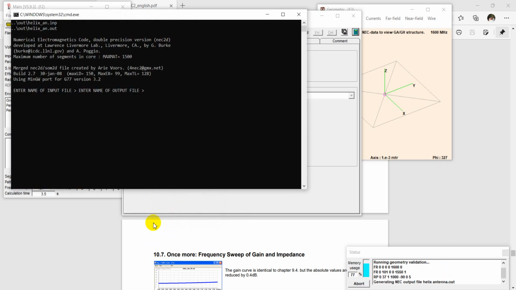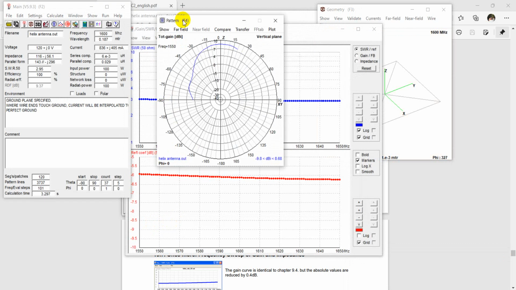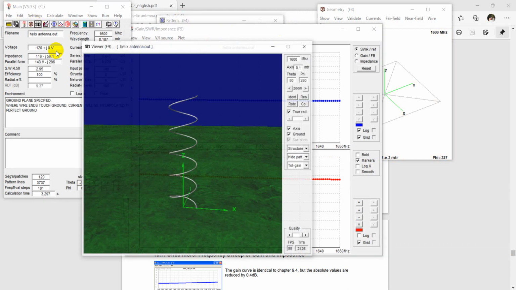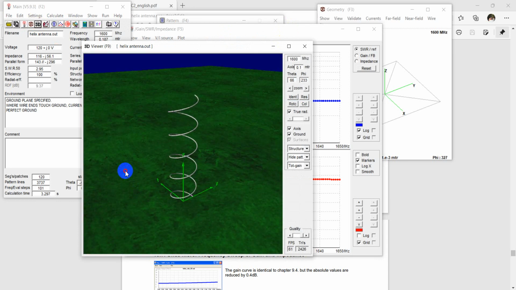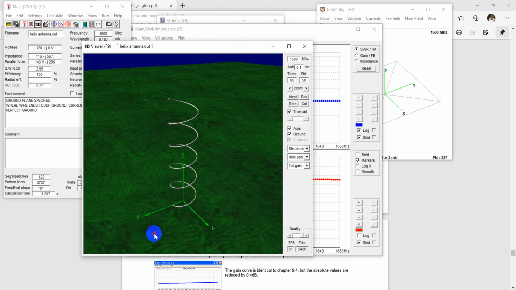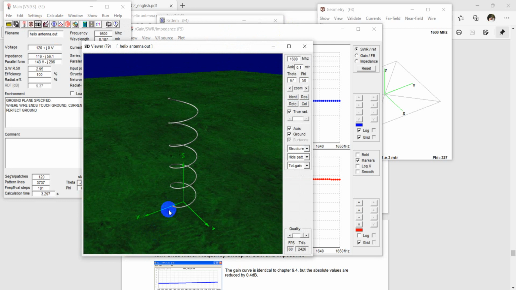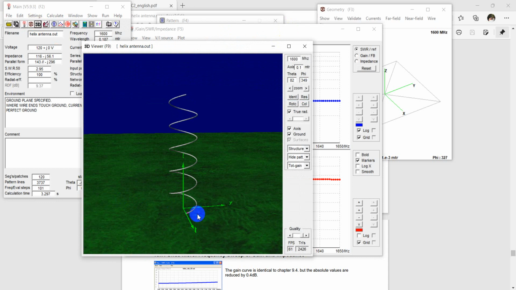So putting in this value, you can generate this pattern, and here you can see the radiation pattern and the 3D view of this antenna. In the 3D view, you can see there is a voltage source which feeds in the center, at the ground point, which is the symbol of the antenna in red,